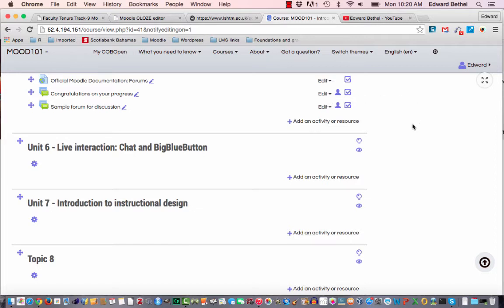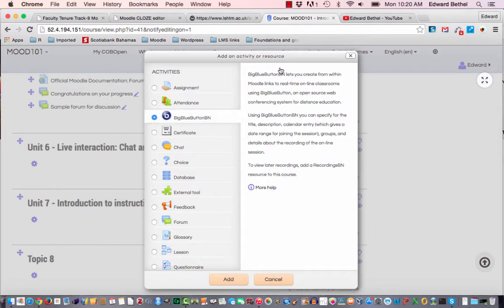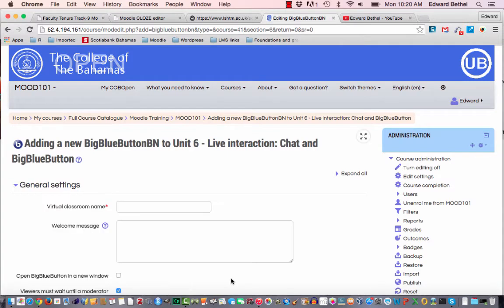So in order to create the Bigbluebutton web conference activity, again, you do the normal stuff, click on add an activity, and you'll see Bigbluebutton listed as a third activity. Click on it, that gives you a little bit of introduction to what it is, and then just click add. And again, as normal, you're going to have the